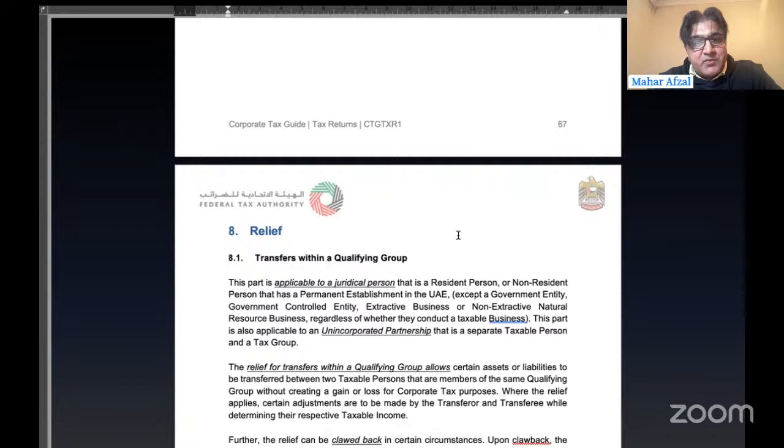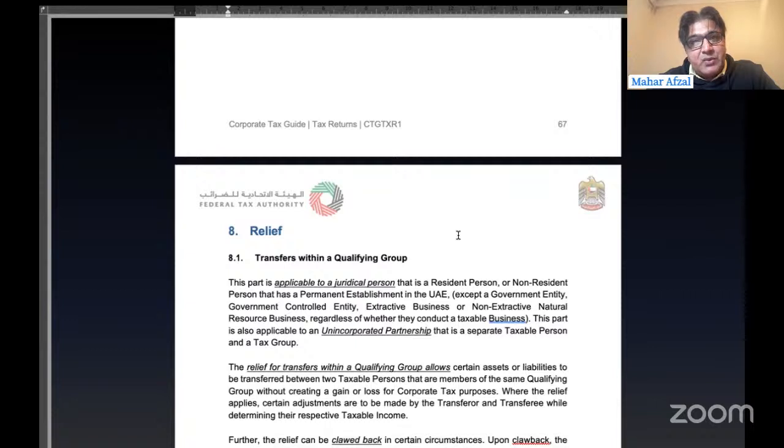What about interest costs from an overseas head office charged to the branch in the UAE? If you have taken a loan from your corporate office which is outside the UAE, and on that loan the corporate office is charging interest on arm's length principles, this interest will become your cost. And then you need to look at whether you are a bank or an insurance company. If you are not a bank, not an insurance company, and not a natural person, other than these three, then interest limitation rules will be applicable unless you have taken the loan before